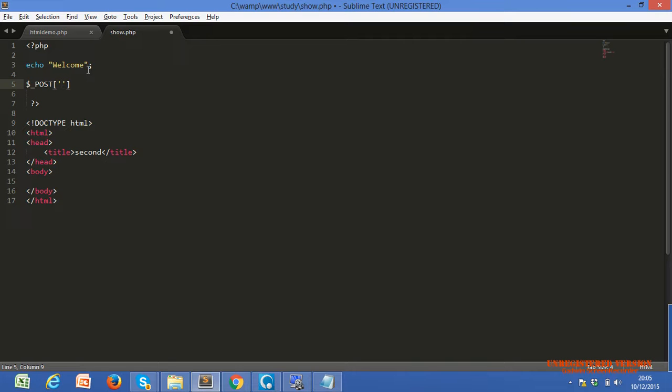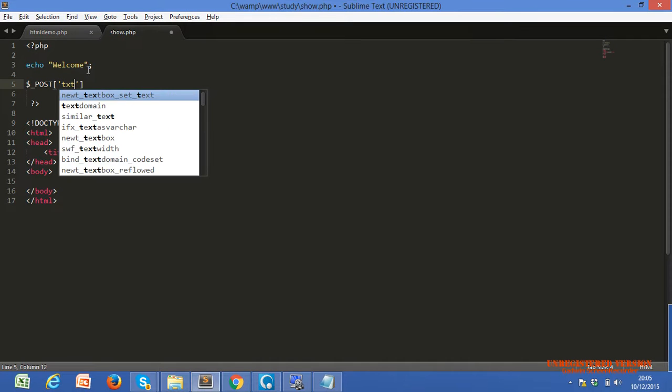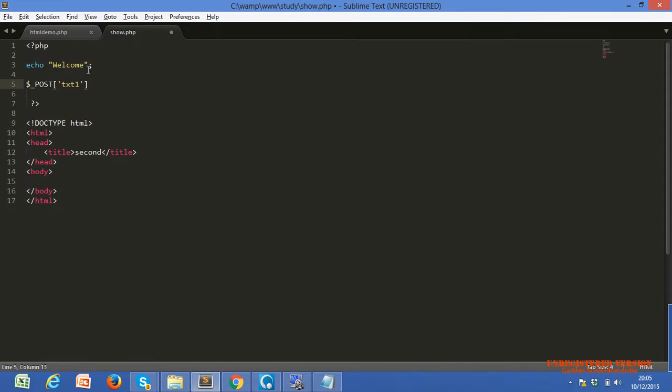Okay. Now within the single quotes I just have to write the name of our tag, whose value has been sent through the POST method, and we will catch that value using the name txt1. We gave the name of our text box txt1. Do you remember,